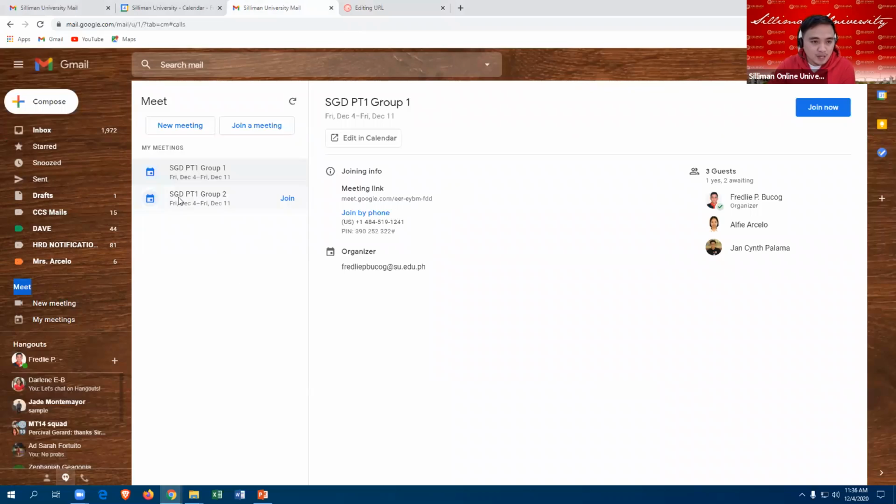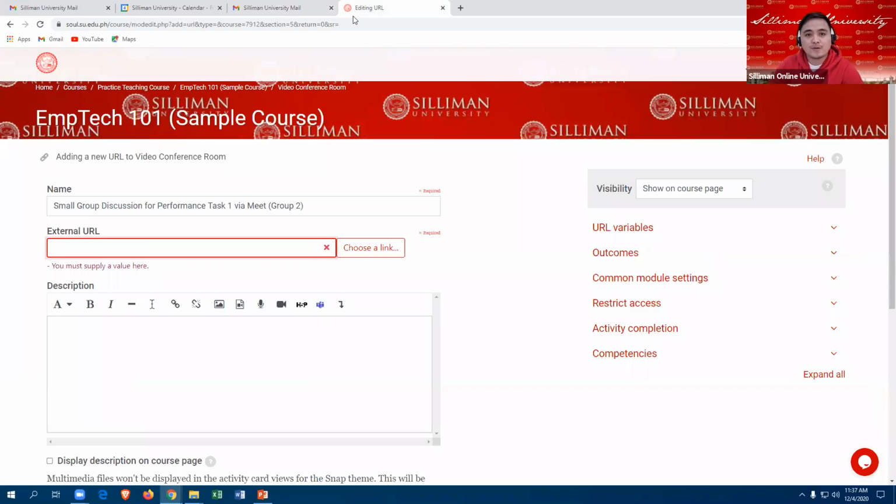Then click the second group, group 2, and simply copy the meeting link. Copy, then go back to your MySoul account and paste it.